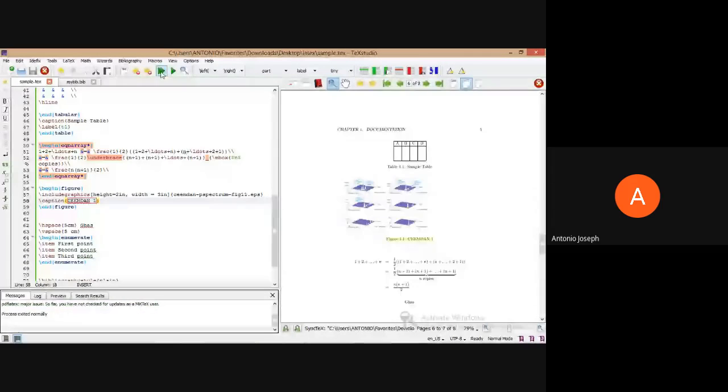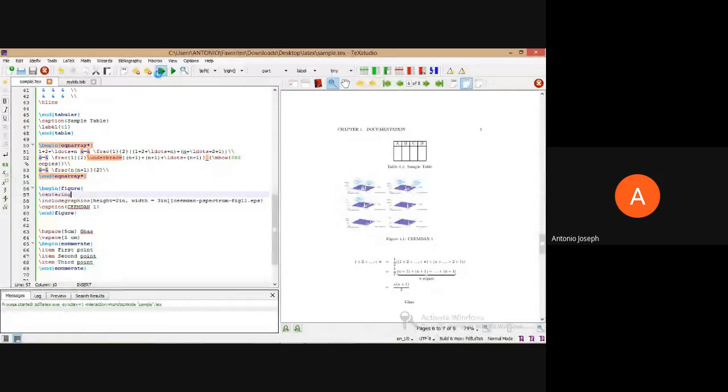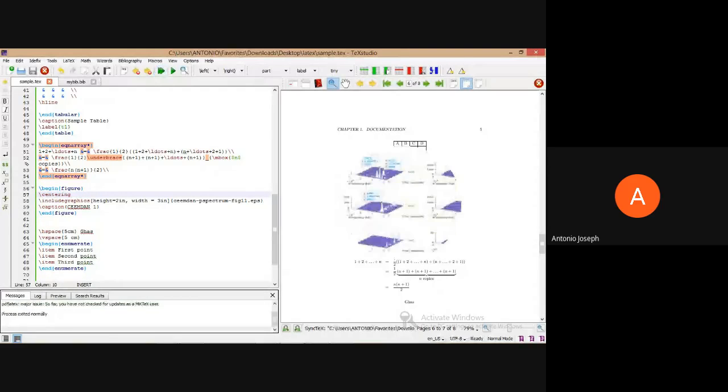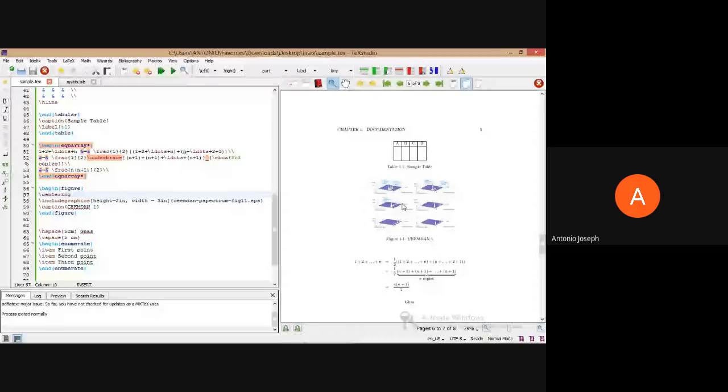So this is the figure that's created, and if you wish, we can do the centering also. That will be placed at the center. Slash centering can be provided. So that's it about how to insert a figure.